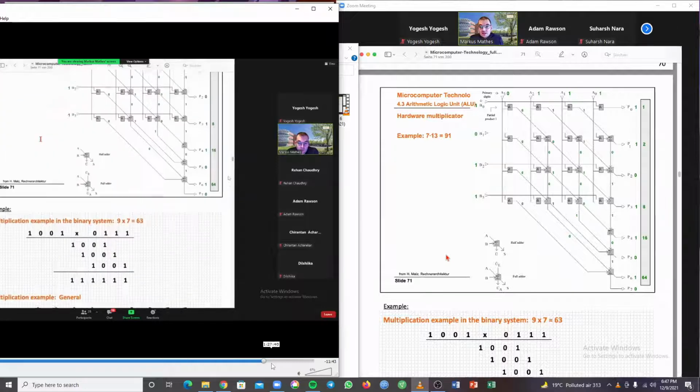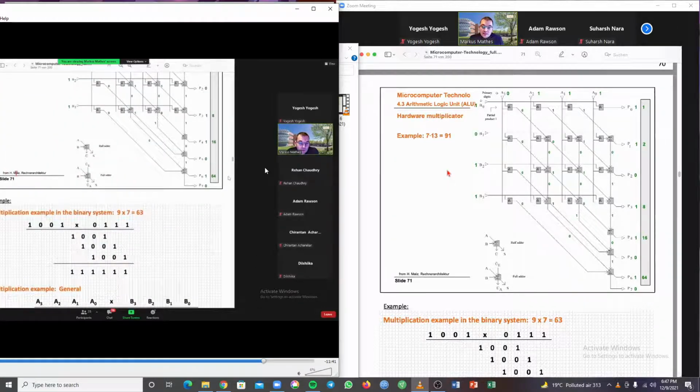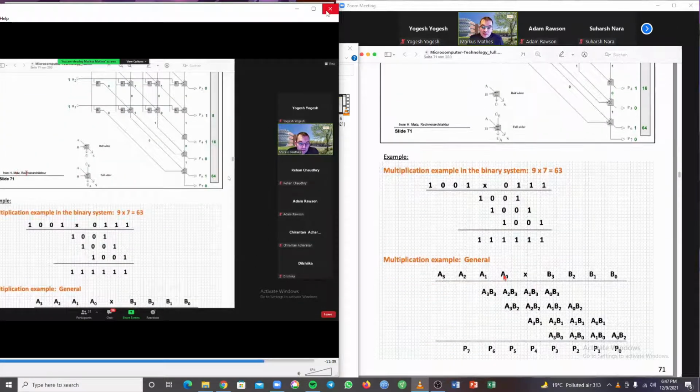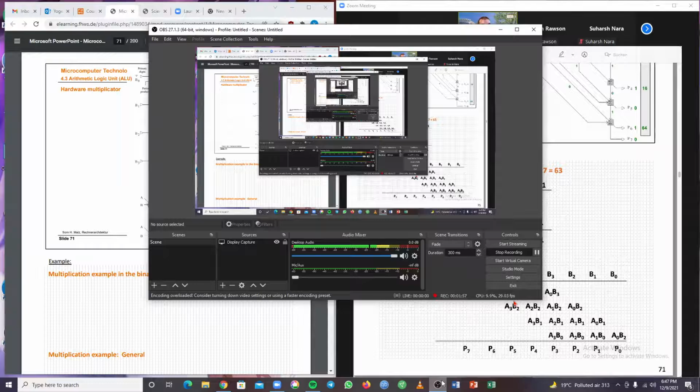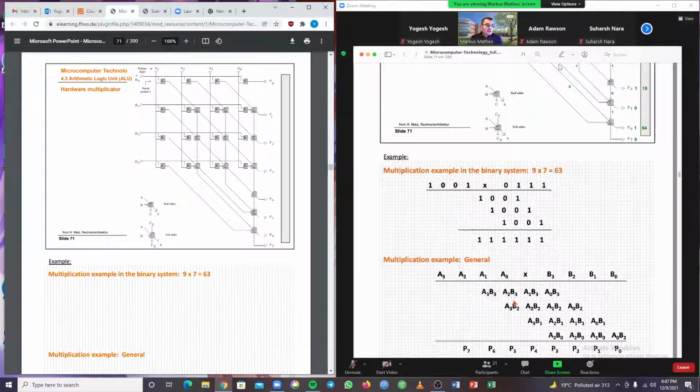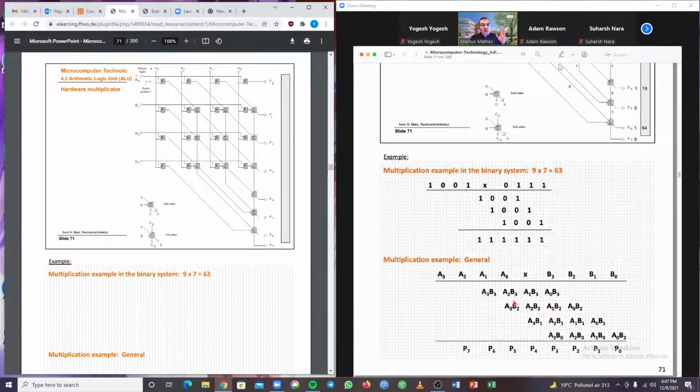And we discussed this multiplicator that uses the same approach as when we multiply 2 binary numbers. In the end, we are copying the first factor for all positions where there is a 1 in the second factor, and we have to left shift our first factor depending on the position of the digit